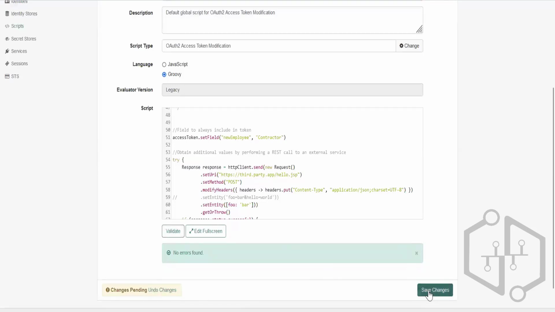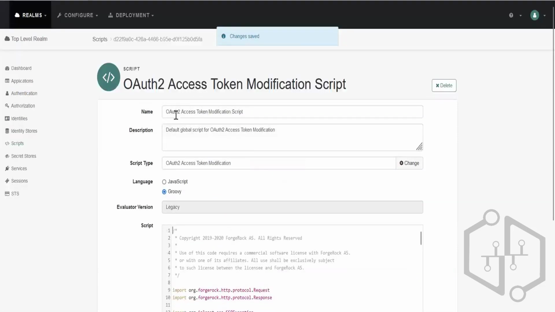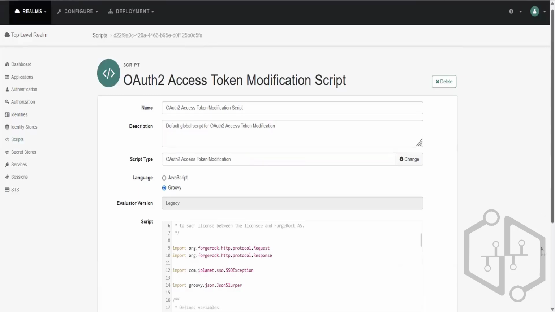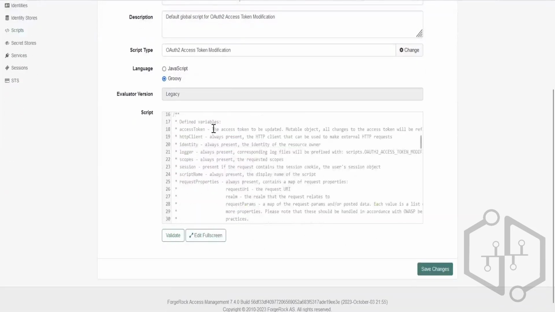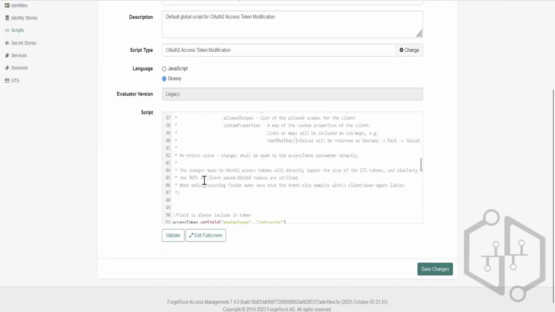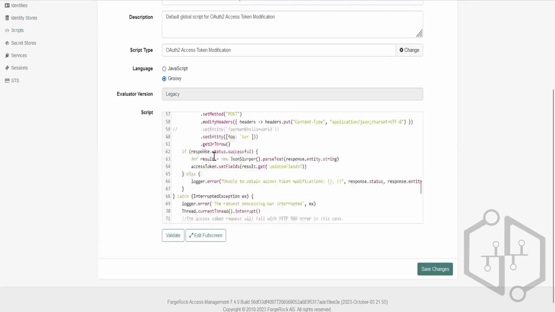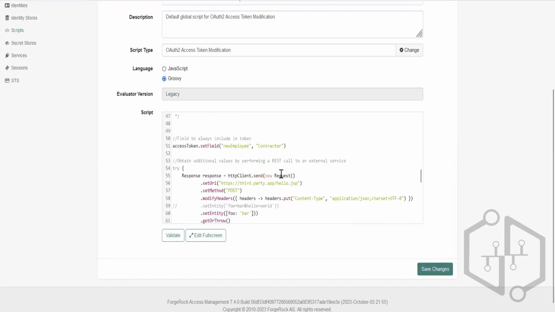So if I go a little bit into the access token, this is the script. The script type is for access token modification. The language I choose is Groovy, right? And here, this is the access token to be updated. They have given all the details: always present, scopes, logger. So they're present, you can read about this. They have the access token set field where they fetch the response from this third party, right? And this is code they have already written, where if this works successfully and the response status is fine,